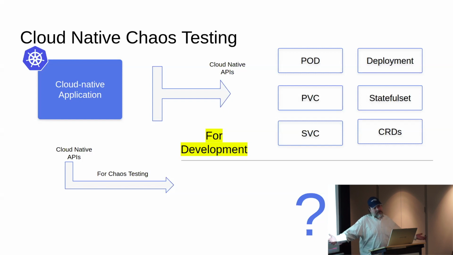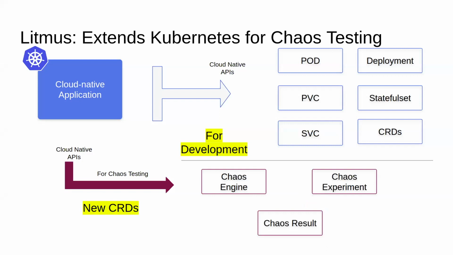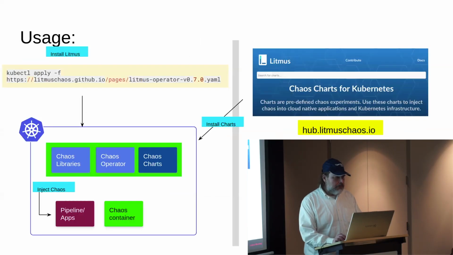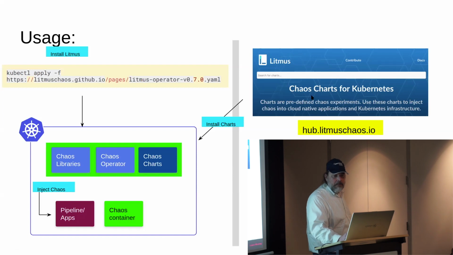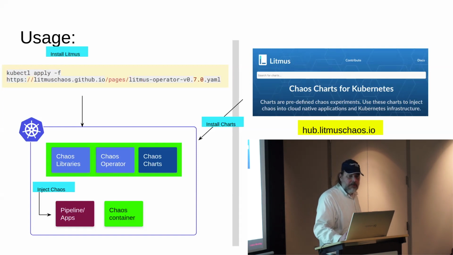So that's what Litmus does, it's cloud-native chaos testing, right? So it manipulates pods, PVCs, network connections, and it does it with some new CRDs that work the same way as everything else does in Kubernetes. So, you add an operator that installs some CRDs, you inject your chaos by creating a chaos engine, and we collect all these different types of experiments in Chaos Hub,